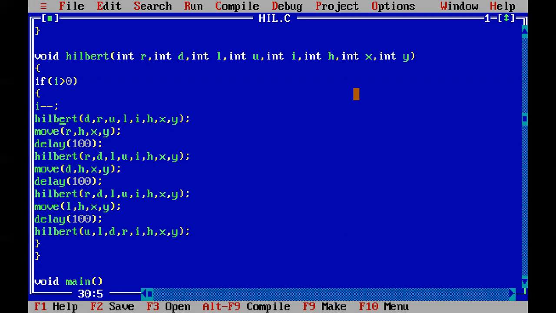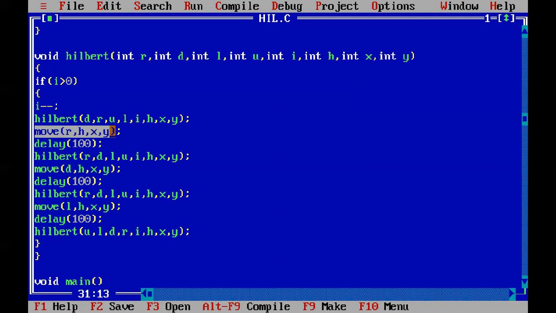We swap the values of R and D, so R and D become D and R, and L and U become U and L. XY is the starting point, so it is not swapped.